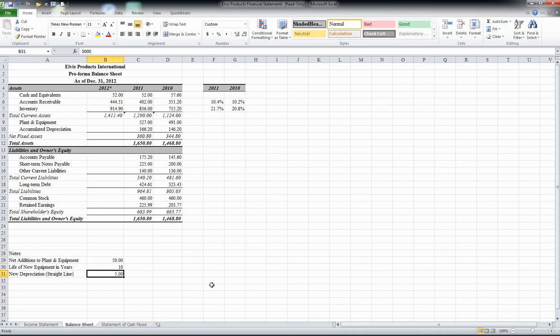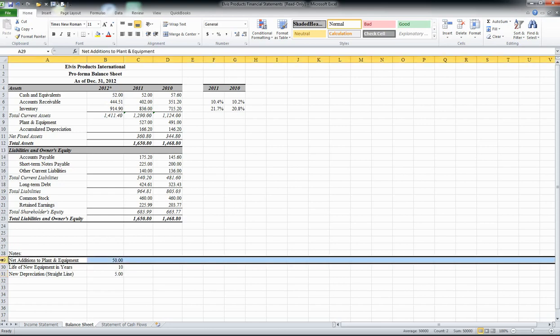Now, one of the things to keep in mind here is that projecting the depreciation in this way is not typical. Most businesses, or a lot of businesses, have financial software, specifically depreciation software, that will project the depreciation for you. So in projecting depreciation, of course, you need to identify any additions to plant and equipment which might be expected, and then you would enter those net additions, but then you would let the software take over and project the